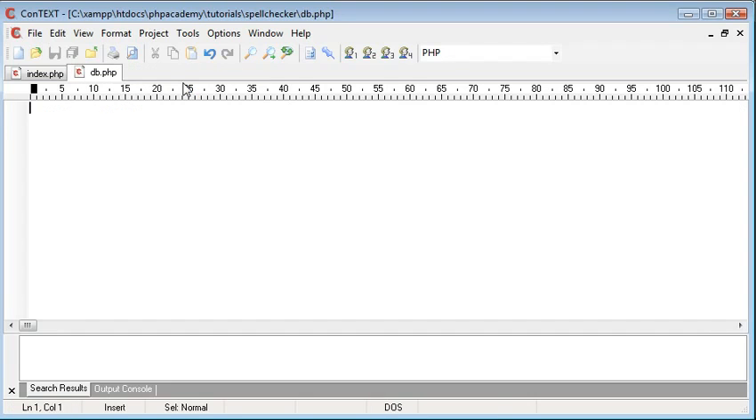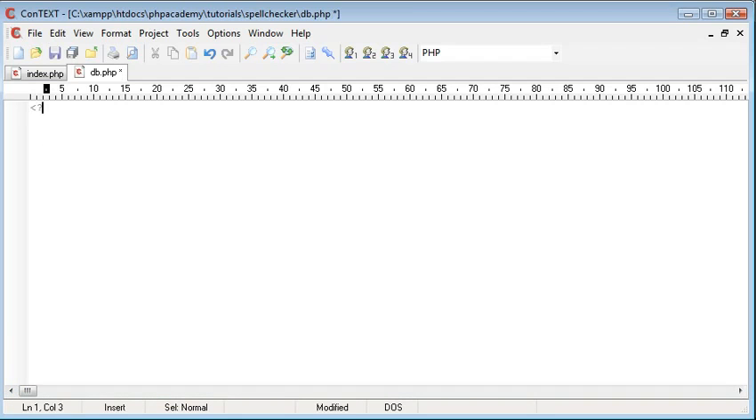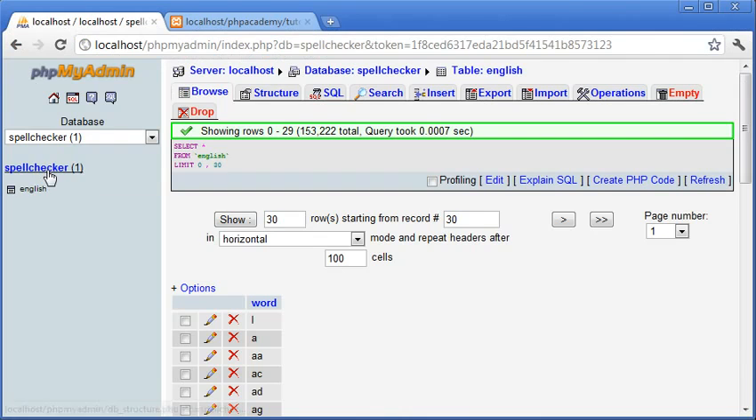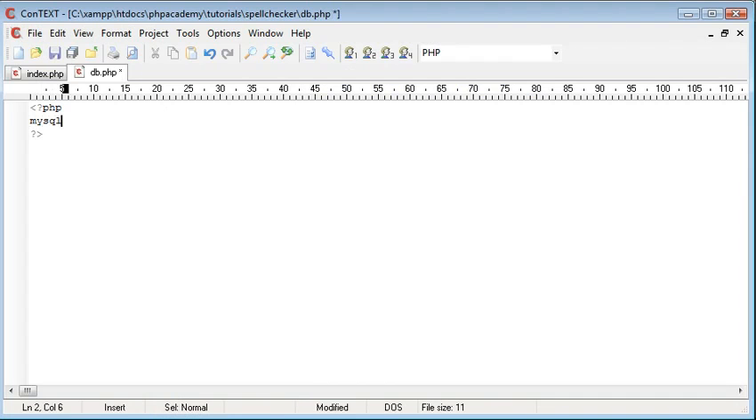So I'm going to go ahead and close english.txt. We don't really need this. We're going to first of all create our database connection. Let's go ahead and create our PHP tags, and inside here I'm going to use two functions to connect to, first of all, my MySQL server, and then select the appropriate database, which is called spellchecker. So let's use the mysql_connect function, and it takes three parameters, the first